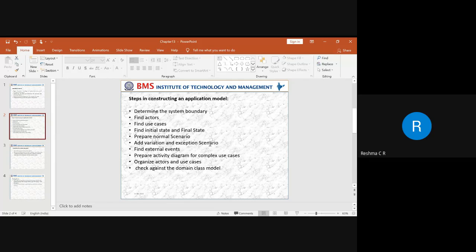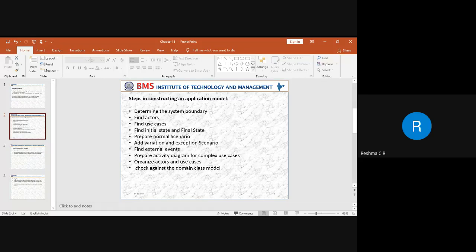So we need to identify which is the most important concept or which are the most important functionalities. When you have put up the most important functionalities, you need to look back whether any functionality is being left out or omitted. If it is omitted, then we need to restate the functionalities. To draw the system boundary correctly, we need to treat the system as a black box.